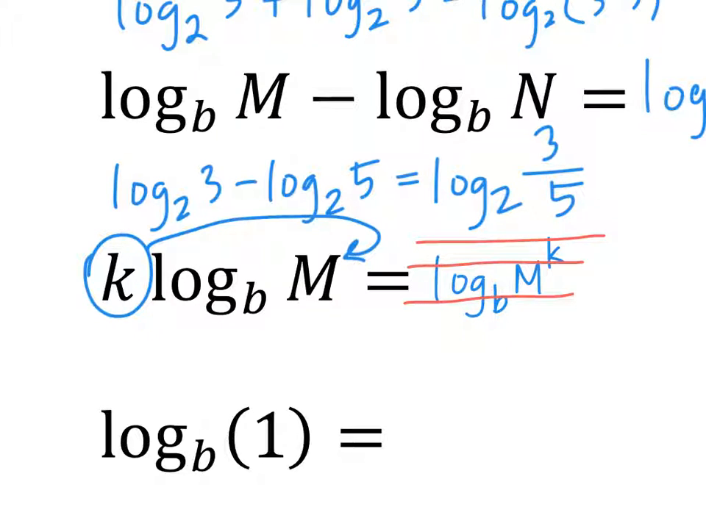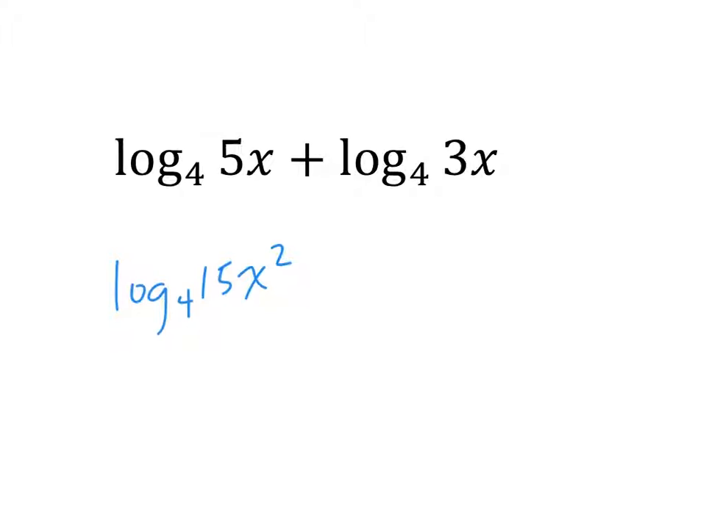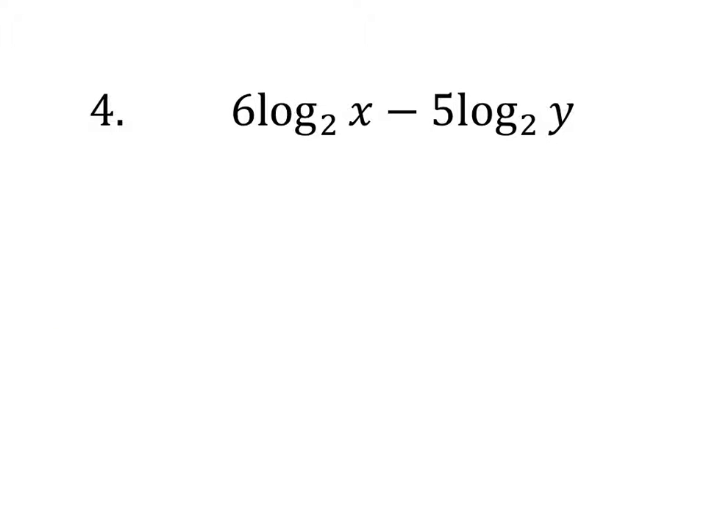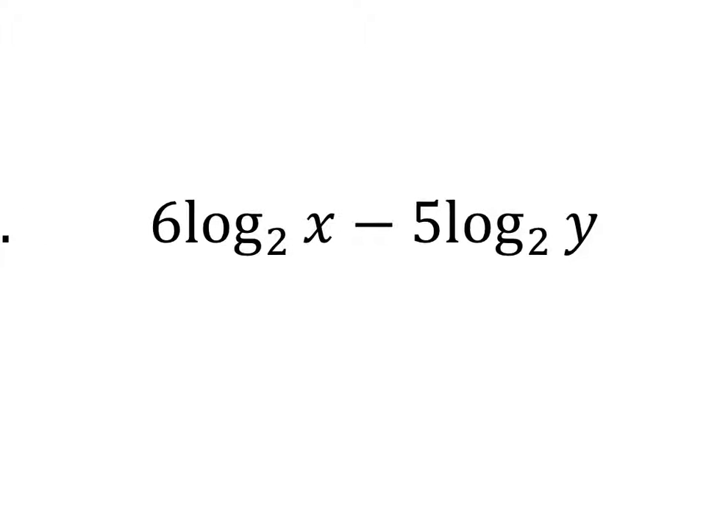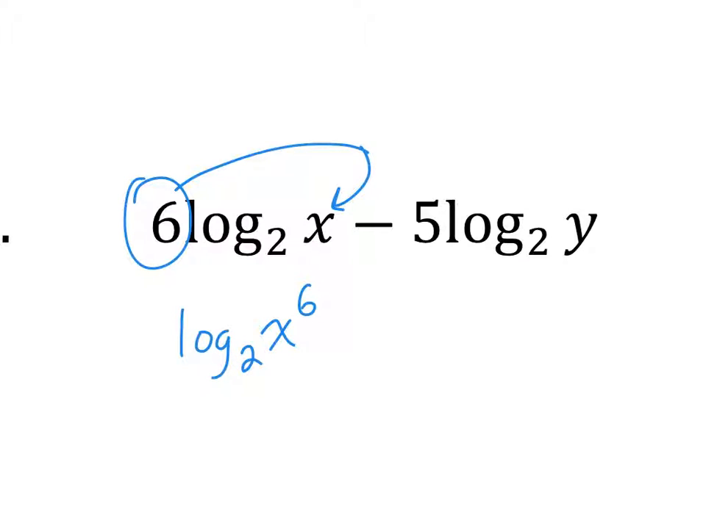All right, let us look at number 4. 6 log base 2 of x minus 5 log base 2 of y. First of all, can we combine them together? Yes. Why is that? They have the same base. Before we combine them, however, we cannot have a coefficient in the front. We have to move it first. That means the 6 has to go. What can we do with that 6? Move it to the exponent of x. So this becomes log base 2 of x to the 6 minus